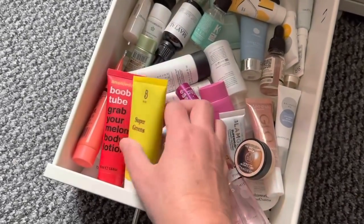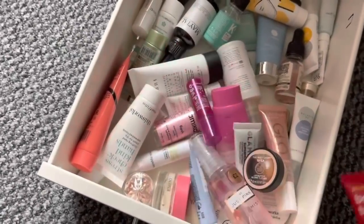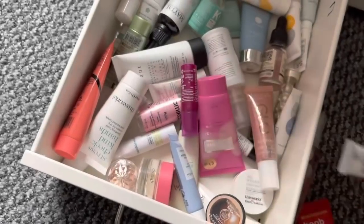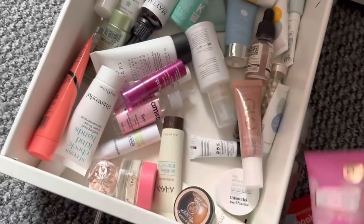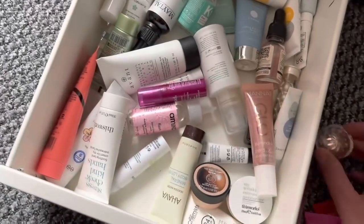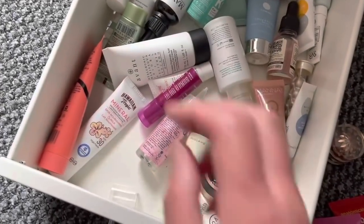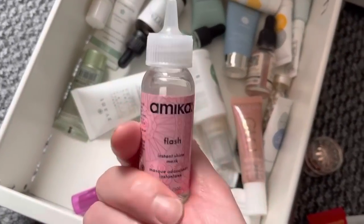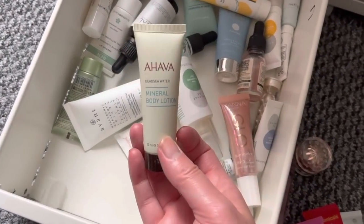So that'll be 1, 2, 3, 4, 5, 6. There are a lot of ladies at my work. So that's 7. Let's do that one. 8. That one would be 9. Then 10. I've got so many, honestly. That's 11. Do that one. 12, 13, 14, 15, 16, see what else I've got here, 17,